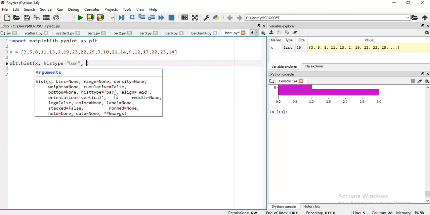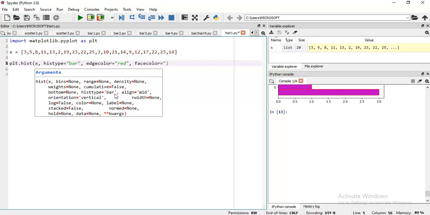Then edgecolor. Edgecolor means the border color of whatever the bar represents. Then facecolor.